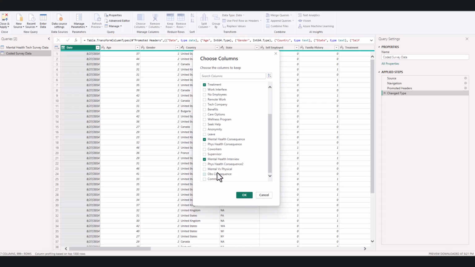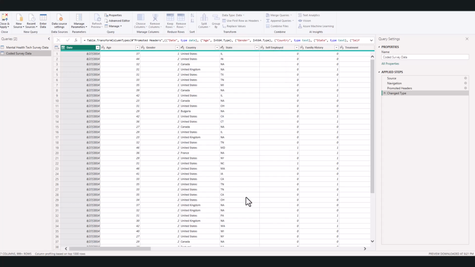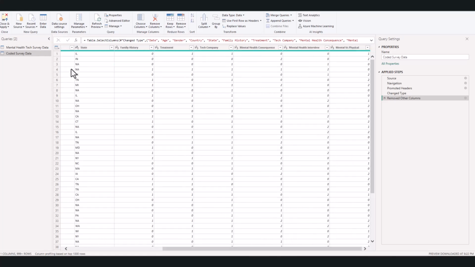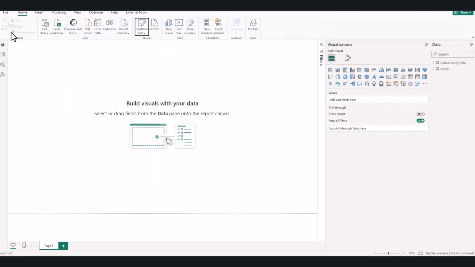What did I choose? Okay, let me choose mental health physical. All right. So now, tech company. Okay, let's pick the tech company as well. Alright, so I've also selected the columns I want here. Alright, so I'll just click close and apply. Close and apply. And now